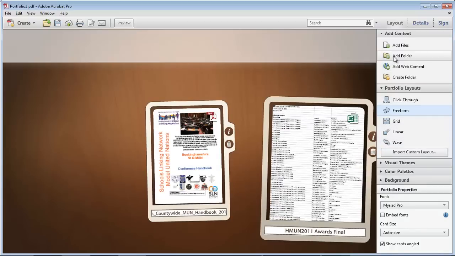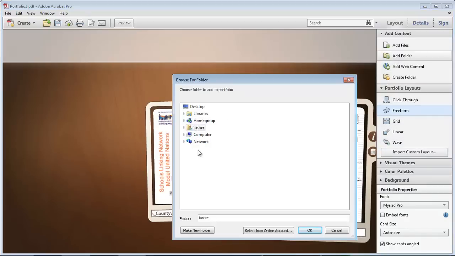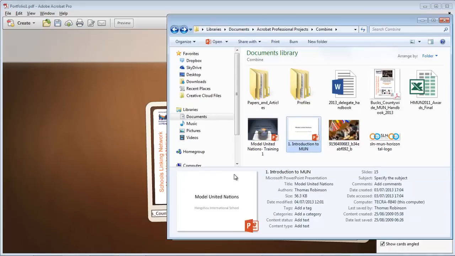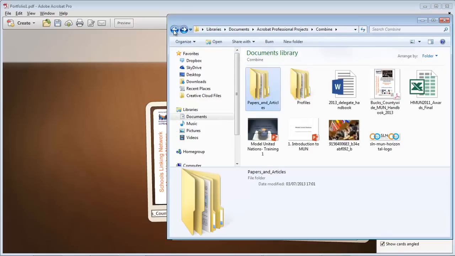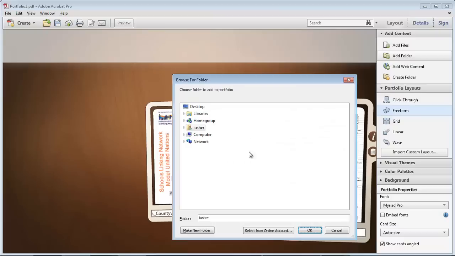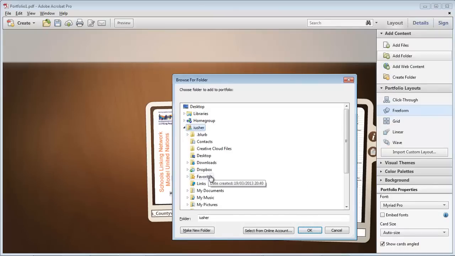I can also add a folder. Now, if you go back to the documents I had here, I have this folder of documents here. If I added those in the previous way of doing this, all of those documents would get added individually, just one after the other, and they would lose their identity as being in a folder. When I do this within a portfolio, if I go and find those documents,